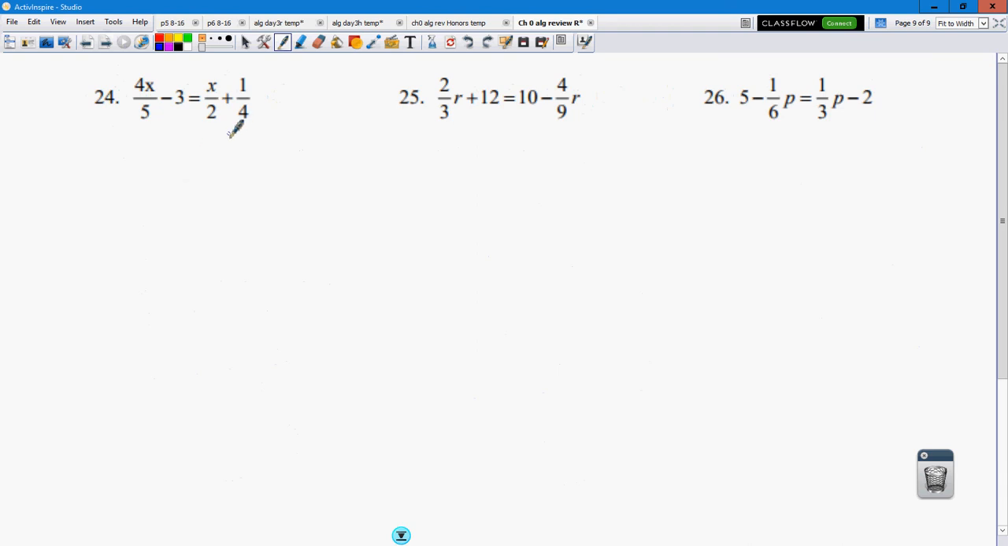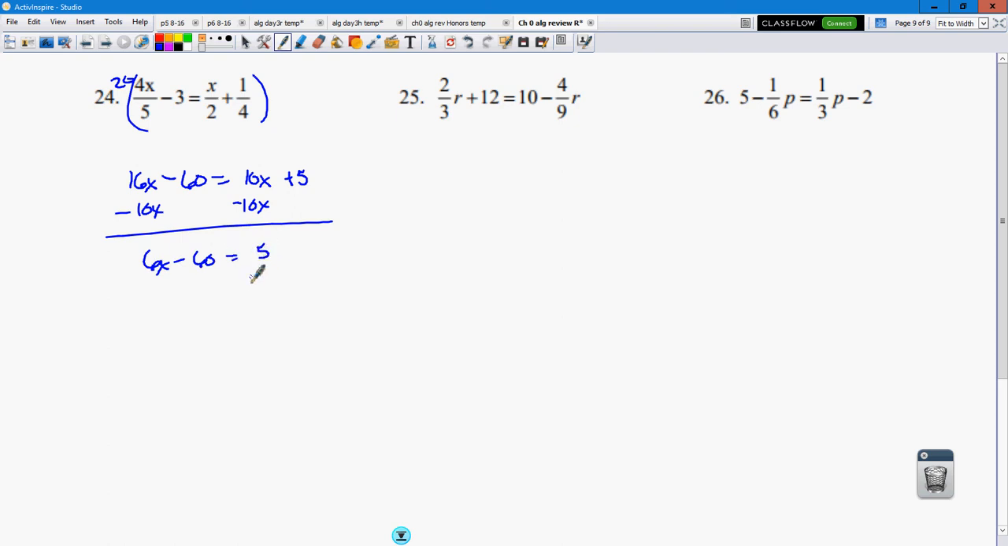I see fractions, the lowest common denominator between 5, 2, and 4 would happen to be 20. 5 is going to go into 20 4 times. So 4 times 4x is 16x. Minus 3 times 20, 60. 2 goes into 20 10 times. 10 times x is 10x. 4 goes into 20 5 times. 5 times 1 is 5. Subtracting 10x from both sides, I now have 6x minus 60 equals 5. Adding 60 to both sides,